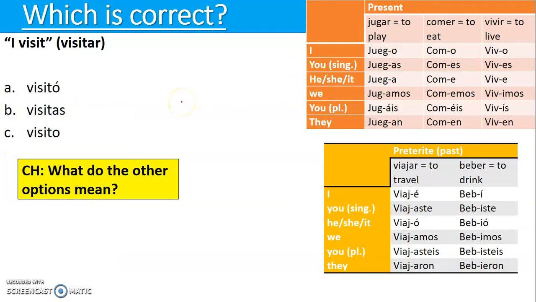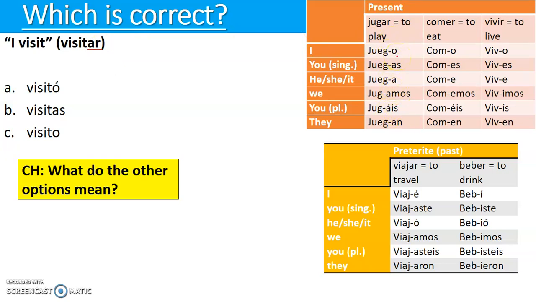So, like last time with the future tense, you've got the English up here, I visit, and I want you to tell me which, A, B, or C, which one of these options means I visit. I've given you the infinitive here so you know that it's an AR verb. And to do this, it's really important to know whether it's an AR verb, ER verb, IR verb, because you'll be looking at